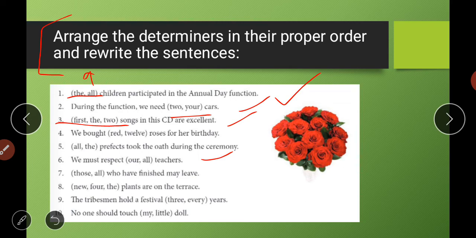So like these kinds of sentences, two or three I am leaving for you people to practice more and more. So this is very easy. Just look at the rules that are given in previous pages: predeterminers, then central determiners, then post determiners, and then try to solve the sentences that we have left. Only two or three sentences I am leaving for you people to practice.